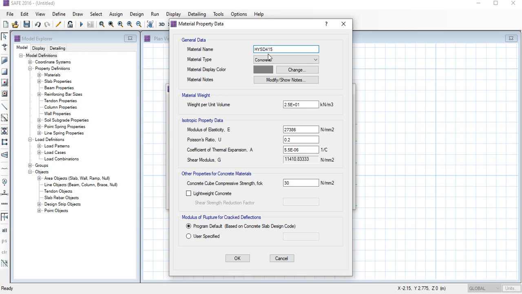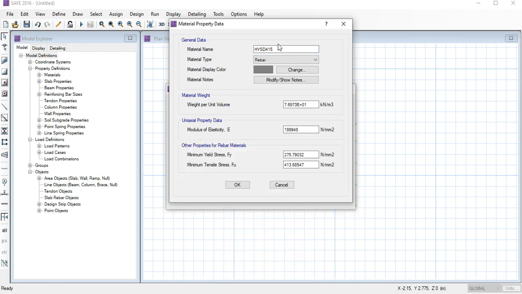I will take this steel this time, and here we have to select Rebar. If you know the properties of HYSD 415 steel bar, you can put them here. Otherwise you need to go on Google, take the data from there, and put it here.